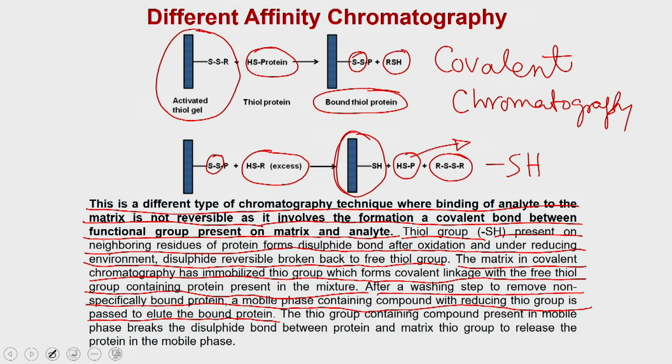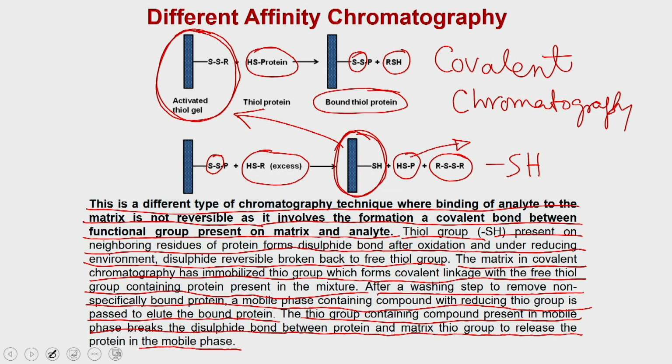But you see this particular type of matrix is very different, which means you have to regenerate from this particular matrix to this matrix to perform another round of purification. The thiol group containing compound present in the mobile phase breaks the disulfide bond between the protein and the matrix thiol group to release the protein in the mobile phase, and that is why covalent chromatography is a destructive chromatography,